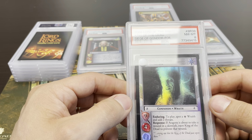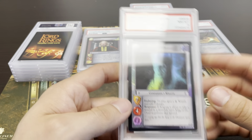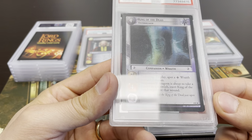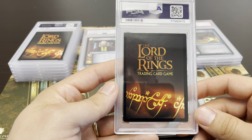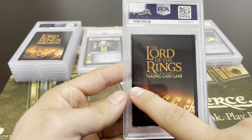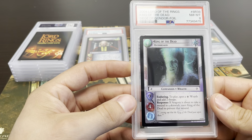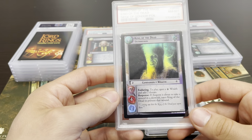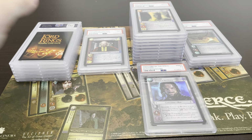But yeah, I was pretty bummed about this one only getting an 8. I thought this was a really good looking card. And kind of like the Return of the King, it does seem to have that jagged edge cut on the bottom. I don't know what's up with that. But honestly it looks a little bit off center on the back. It's definitely wider over here. And it is on the front too a little bit, but I don't know. Yeah, I was hoping for at least a 9 on that one. Centering's not flawless, but